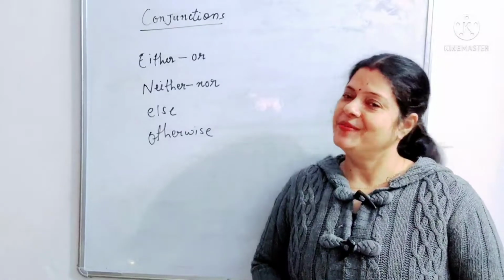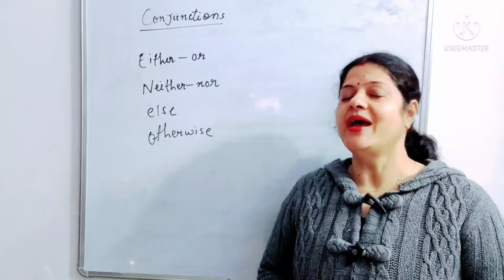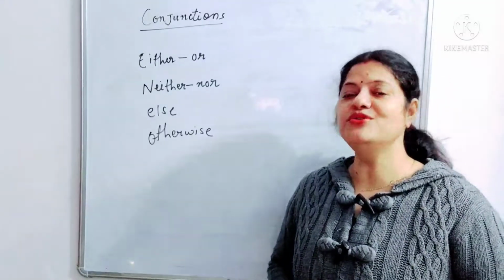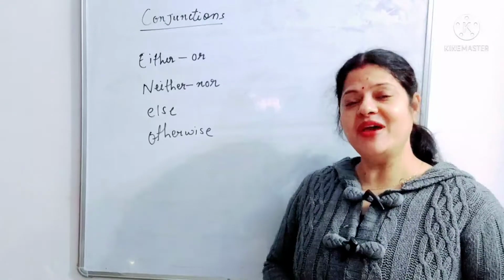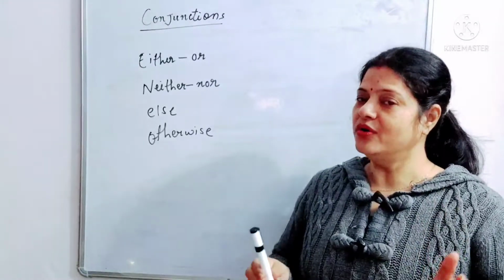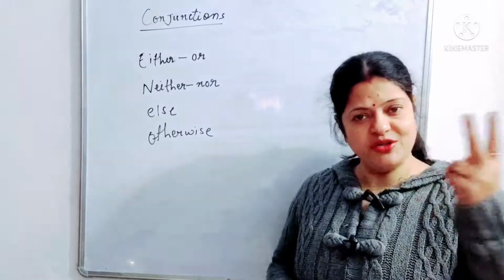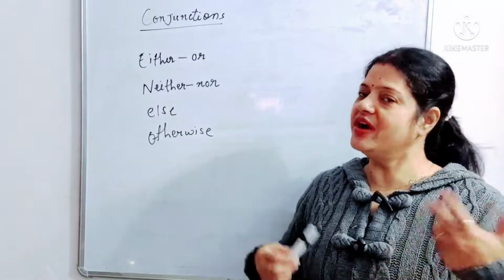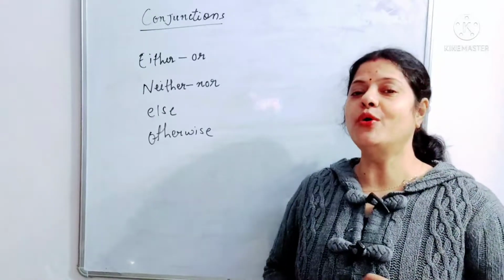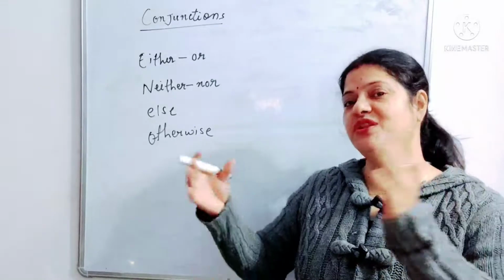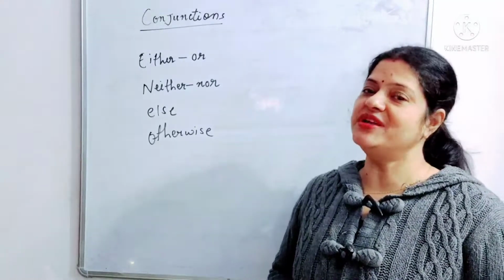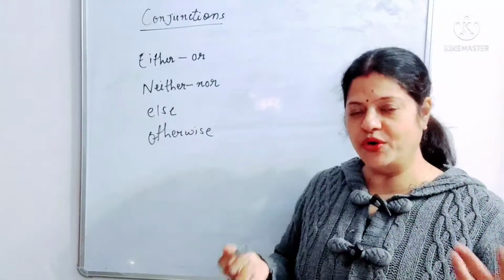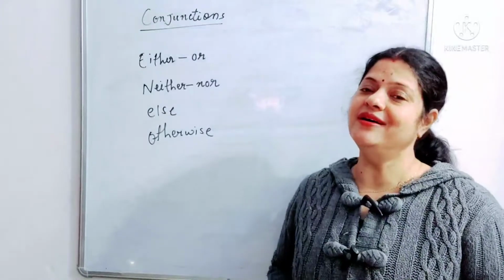So dear friends, my synthesis series is going on and we are doing compound sentences. I have already uploaded 2 videos on compound sentences where we have discussed how coordinating conjunctions, there are 2 types, that is cumulative conjunction and adversative conjunction. We have discussed how we can add 2 or more than 2 simple sentences by using those conjunctions. And now in today's video we will discuss how alternative conjunctions, that is coordinating conjunctions, work in a compound